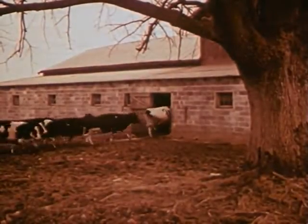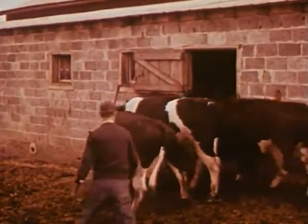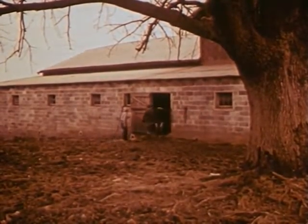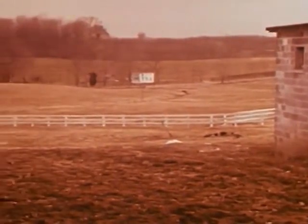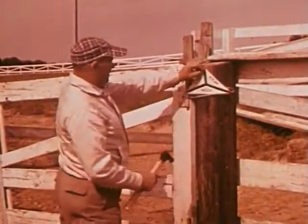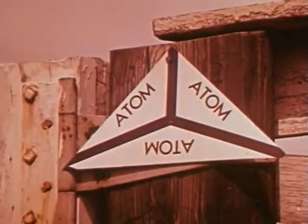But what about future harvests? They too could be dangerous if grown in seriously contaminated soil. Cattle, horses, and sheep might have to be kept out of pastures for a long time. In short, fallout from nuclear attack would threaten us with thirst and famine, as well as with sickness and death